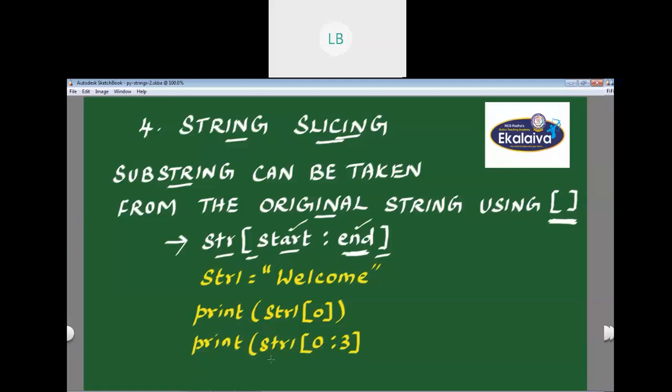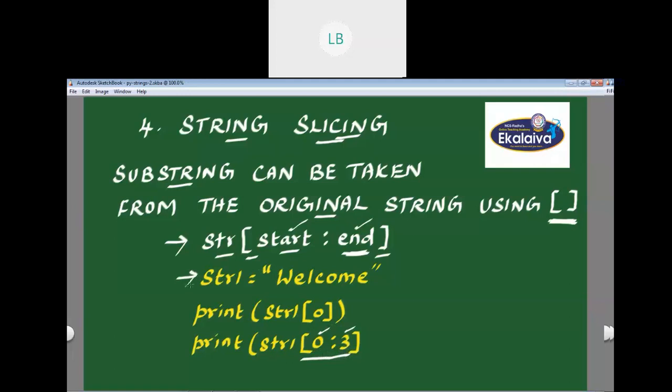In this example, you can see string 1, 0 colon 3. Start value is 0, end value here is given as 3, but Python will take the end value 1 less than the specified number. So it will consider 0 to 2.